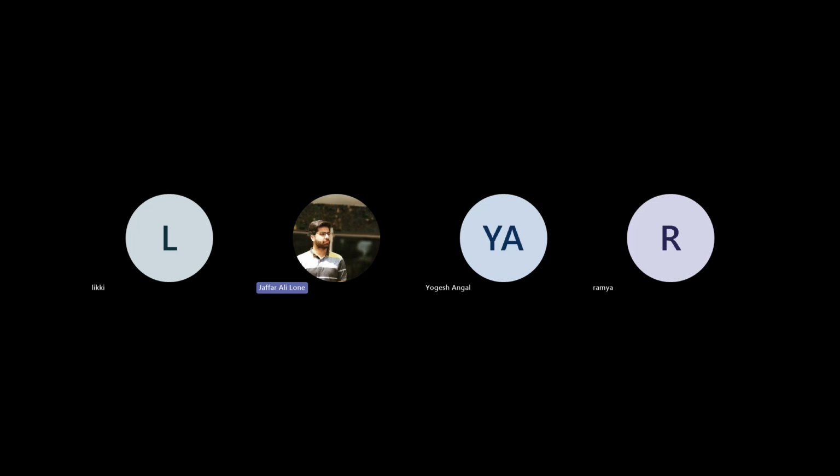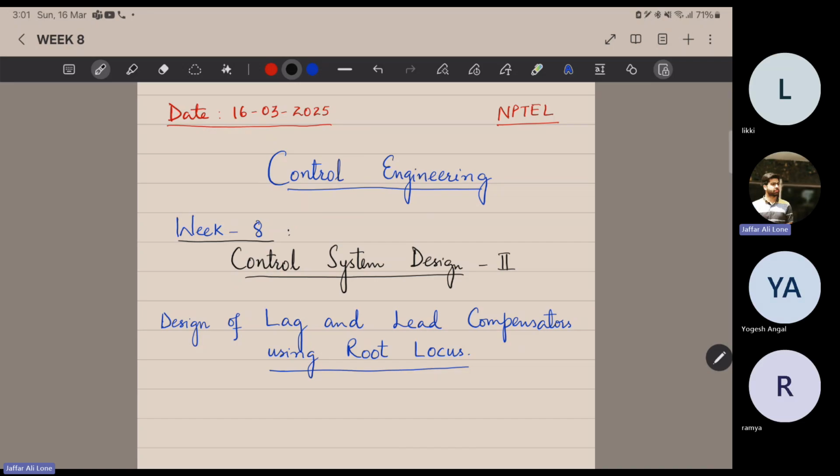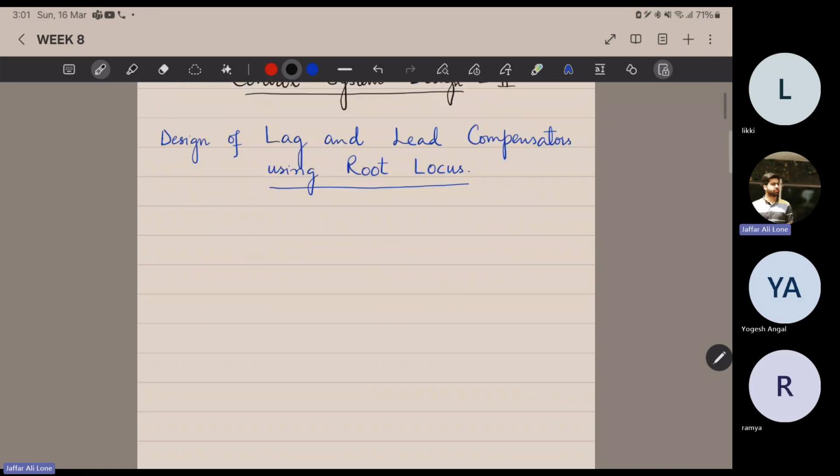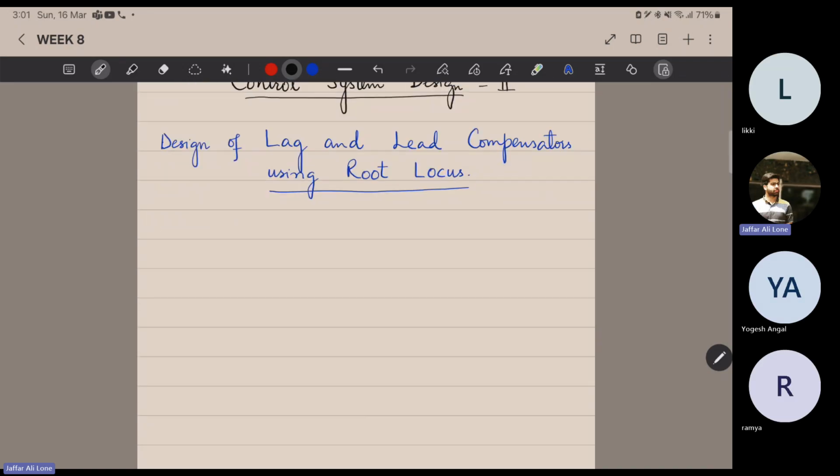It's week 8, and today we'll also be seeing the control system design part, and we'll be designing lag and lead compensators using the root locus technique. So before we begin our lecture, just for the sake of recapitulation, let's try to solve this question of root locus so that we are on track and then we are able to design these lag and lead compensators using root locus. So the question is,